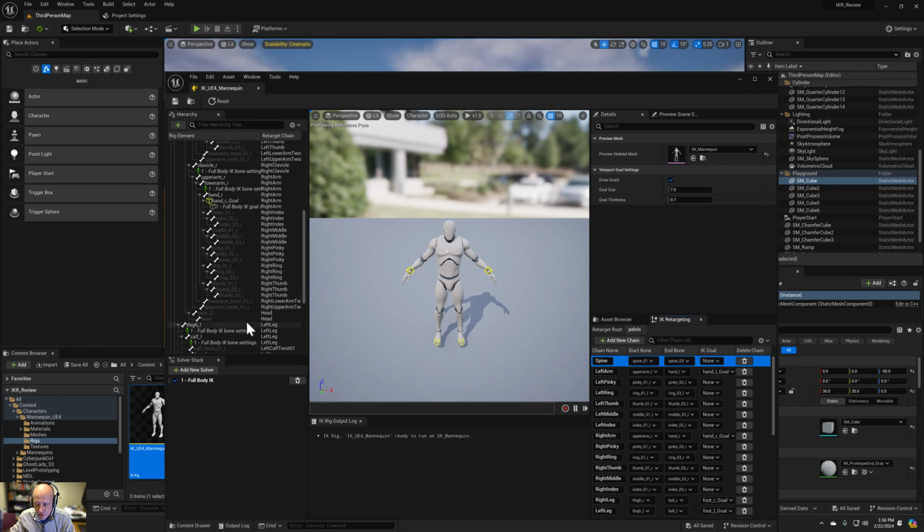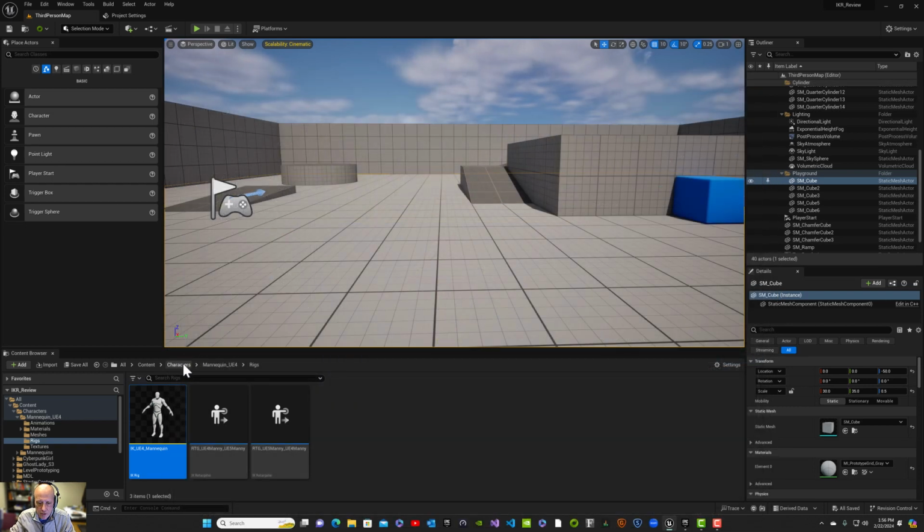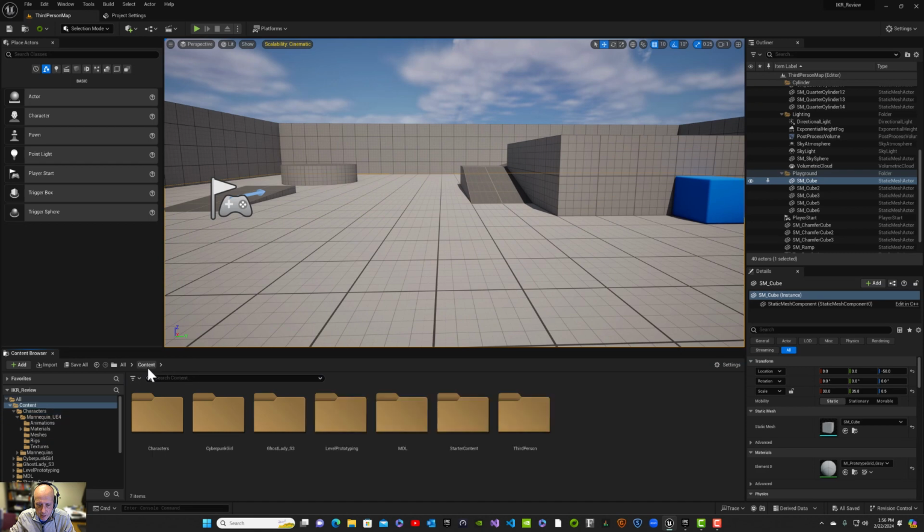I bet if I kept searching I'd find it in here, but remember there are 3 spine bones right up here. There are 3 spine bones in the UE4 skeleton, but there are, I think, 5 in the UE5 skeleton. All right, so I've taken note of just a couple of things mentally, and now I'm going to have to make 2 IK rigs. One for the Ghost Lady, which we're retargeting from, and one for the Cyberpunk Girl, which